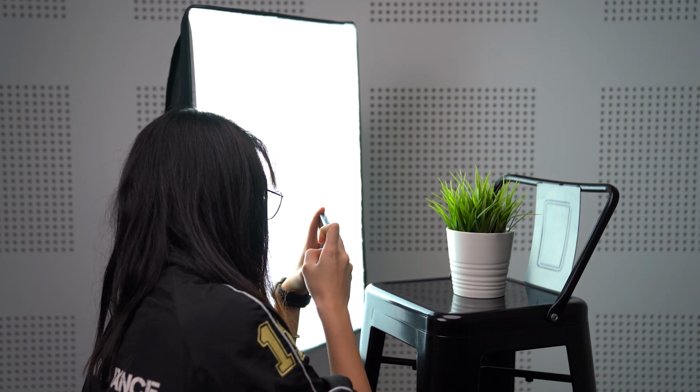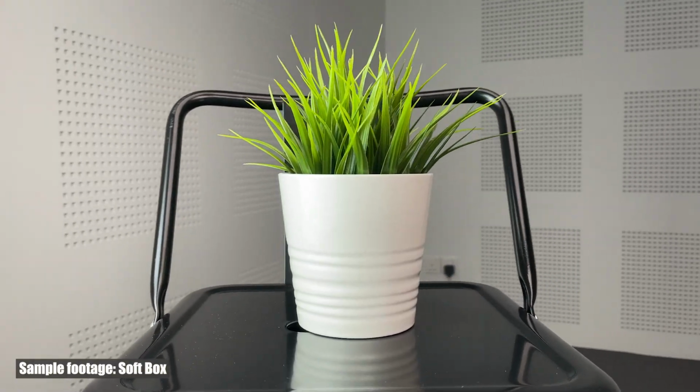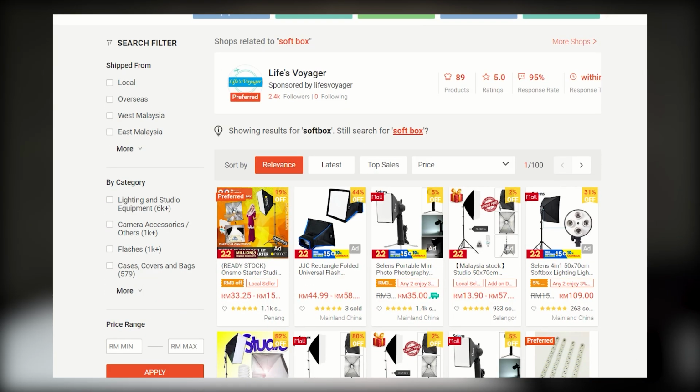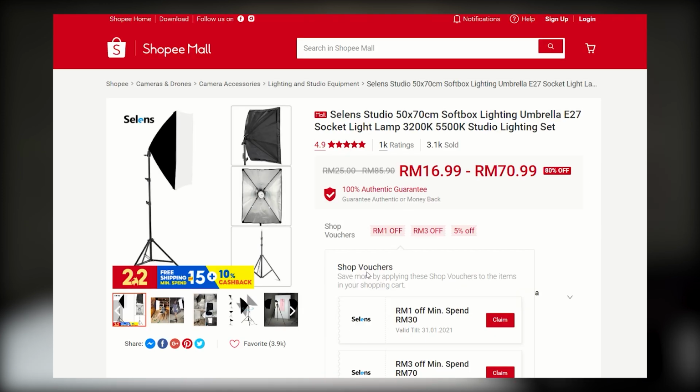Number 3, softboxes and umbrella diffuser. I think besides ring lights, softboxes are also actually quite common. A softbox is a light modifier that comes in different shapes and also sizes. You can use them to diffuse harsh lighting, and it can be used to direct the light more effectively. They are super versatile and can be used for all kinds of shoots. Softboxes are also fairly lightweight and compact, which makes them easy to transport as most can fold down too. They are slightly more expensive than ring lights, but it is still affordable. You can get one set online for less than 150 ringgit,